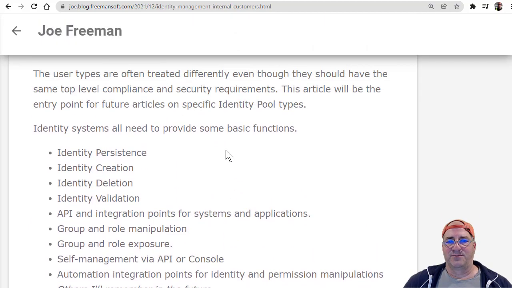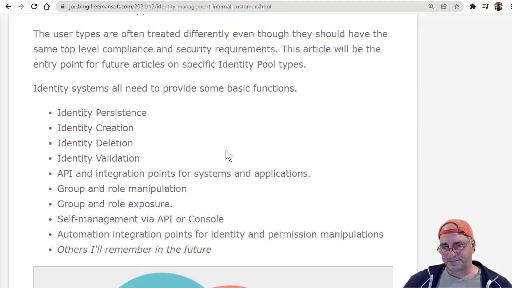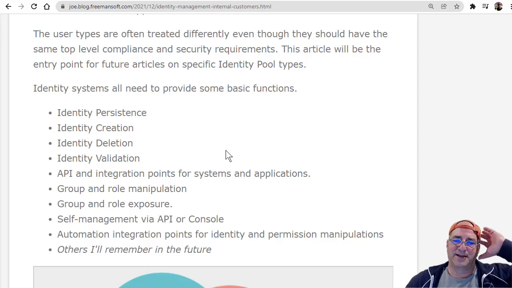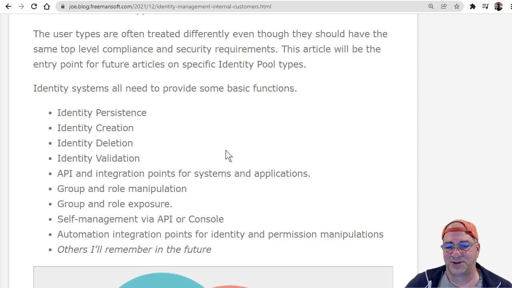And really, when we say identity, there's certain limits to this. We're not talking about implementing authorization rules. We're really talking about how the identities are managed and stored, and maybe what their group assignments are so that you can do authorizations against it. And are they self-managed? Are they managed by the company? Are they managed by APIs or some kind of process for it?